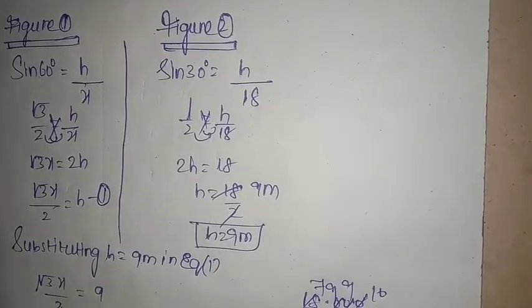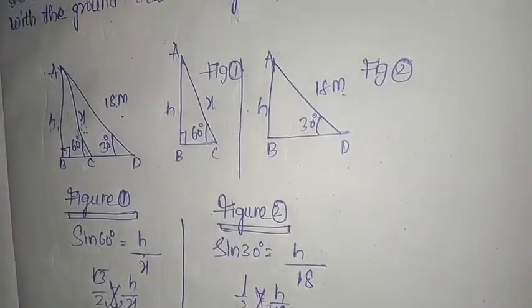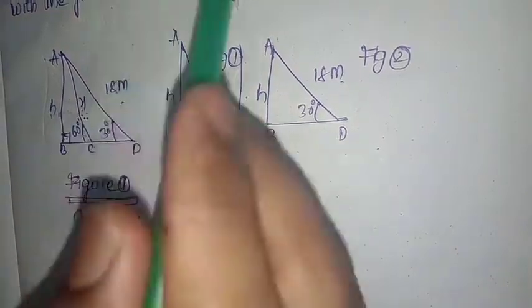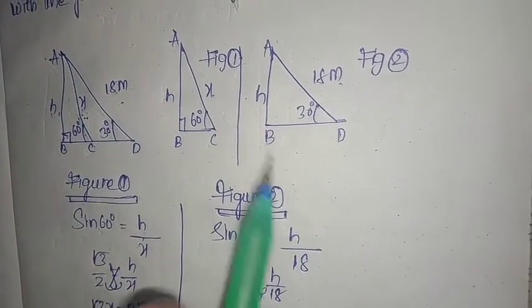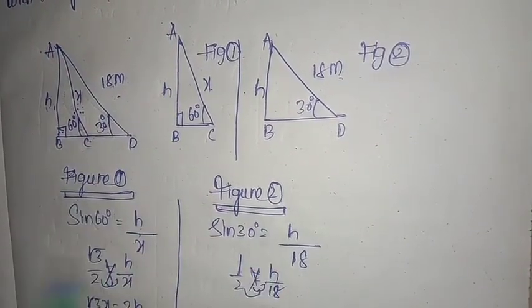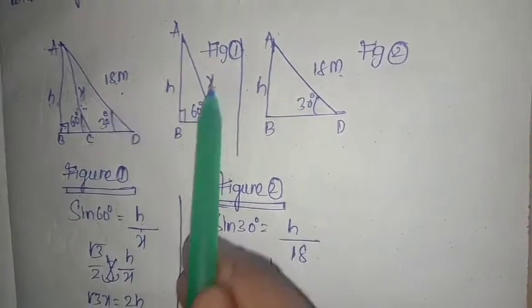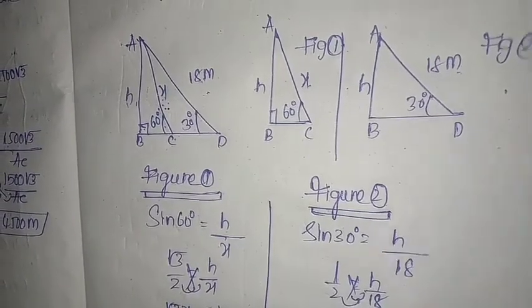So in this method we have to find. So first, based on the information, we have to draw a triangle and write the information, and then we have to separate the triangles. So first triangle this and second triangle. So by separating and solving figure 1, figure 2, like that we have to solve all the problems given in this chapter mainly. Next we have to see the second problem.